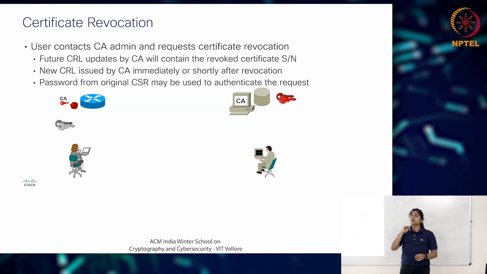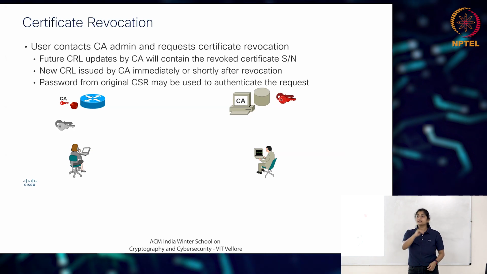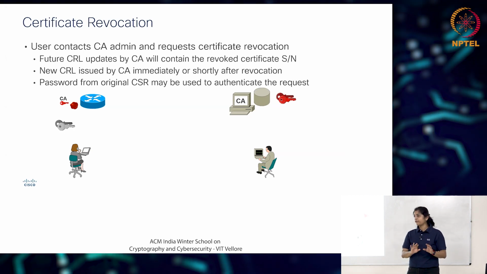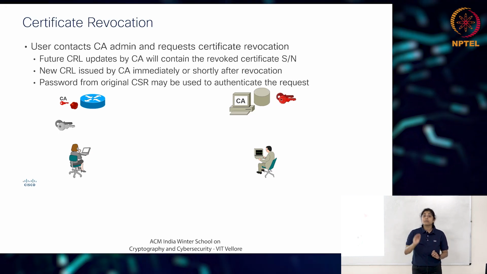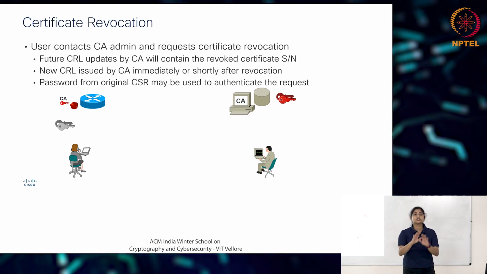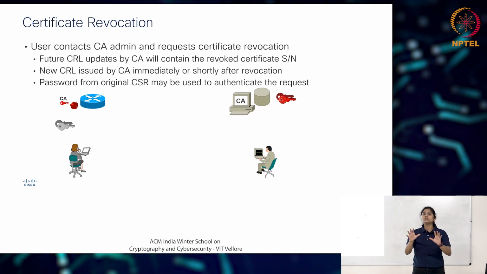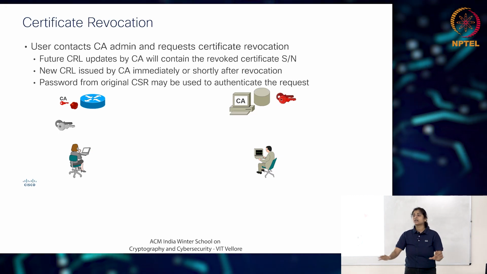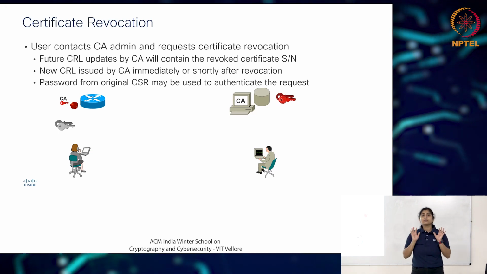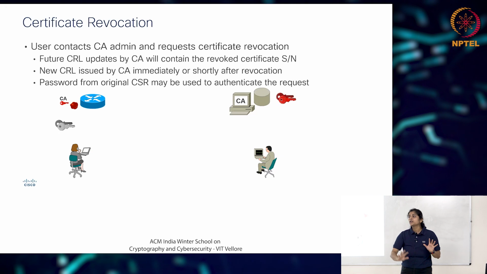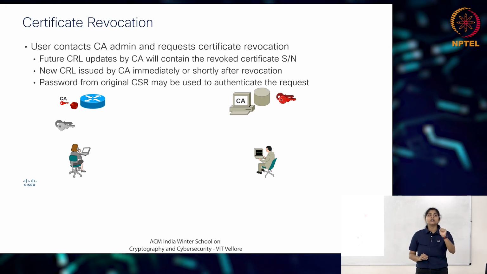So there is something called a revocation system that is in place. If you as an admin, and this is for now a manual process, realize that your router's identity certificate is compromised, some attack happened and you want to make sure that no HTTPS traffic or certificate-based traffic should be coming to this router. Authentication should fail.